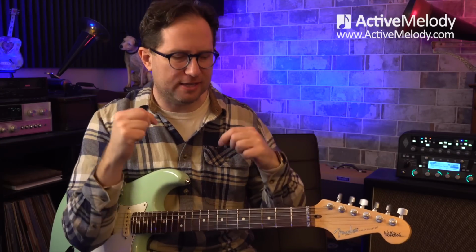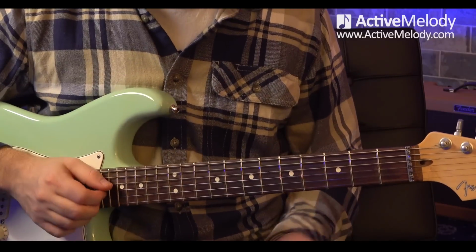You have to connect these things back to something. And if you can connect them to chord shapes, there's really no better anchor than that. All songs have chords in them. Okay, so